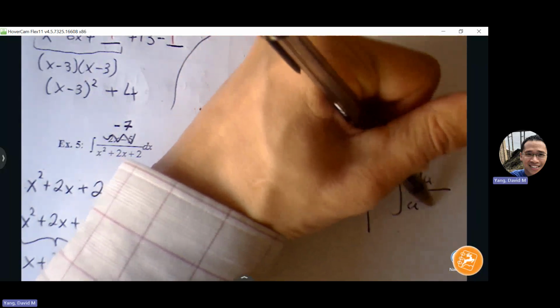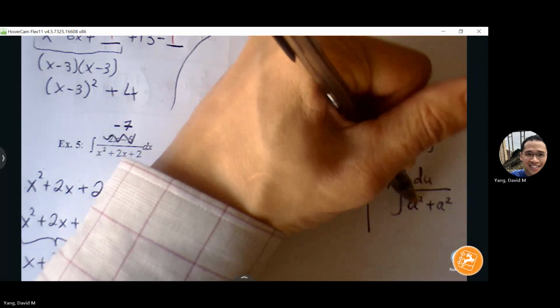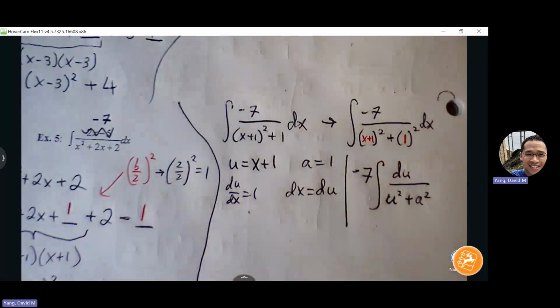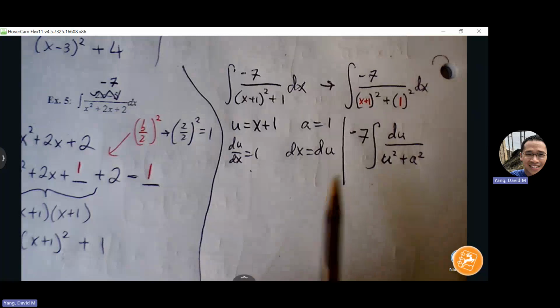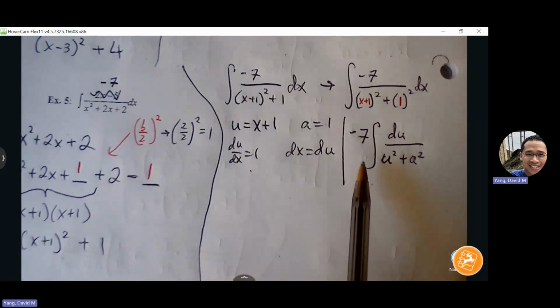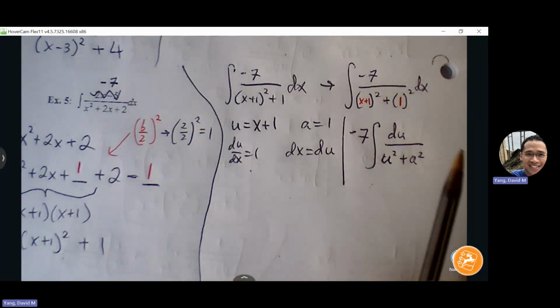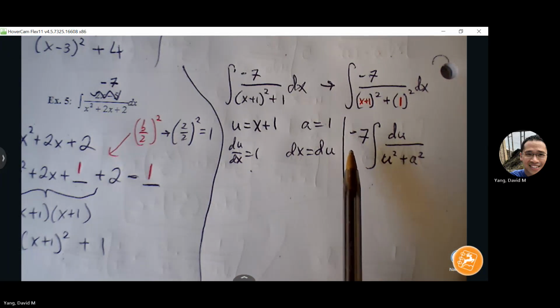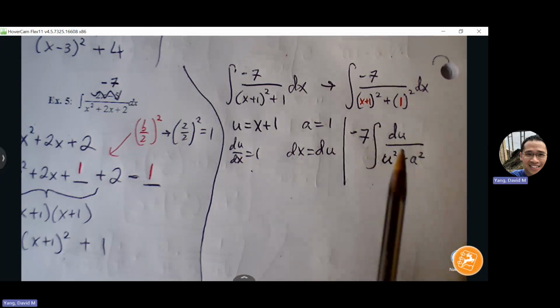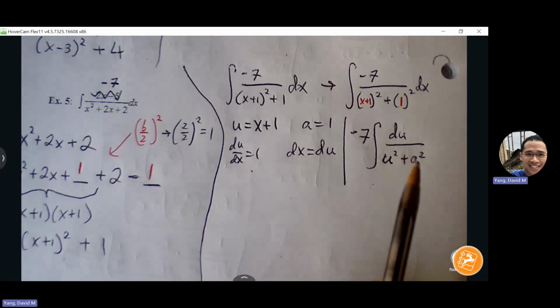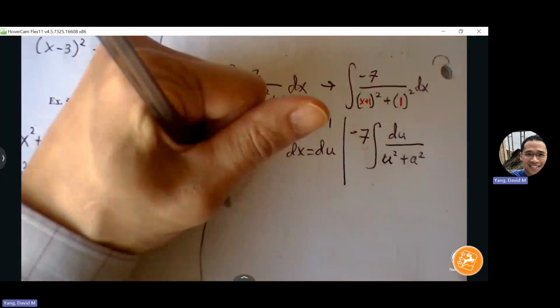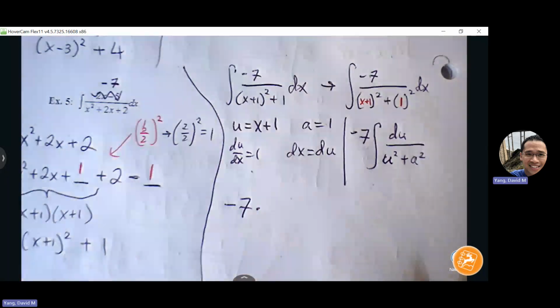U squared plus a squared. It matches my rule perfectly. And now I'm ready to apply my integral rule. My rule is 1 over a arctangent u over a, but what comes first? Don't forget about that -7, right? That -7 is not part of the rule, but it is a coefficient, so it needs to be part of my answer. So -7 times